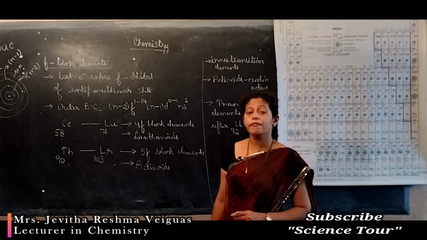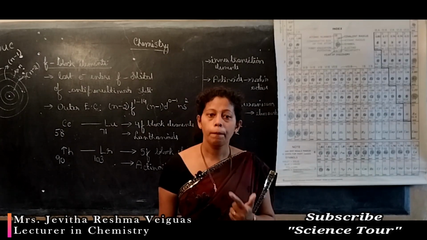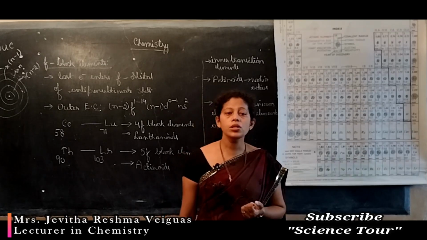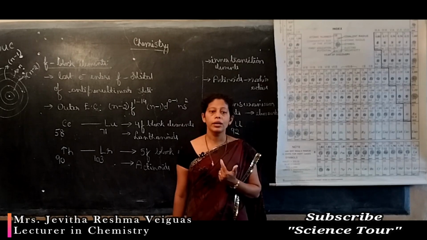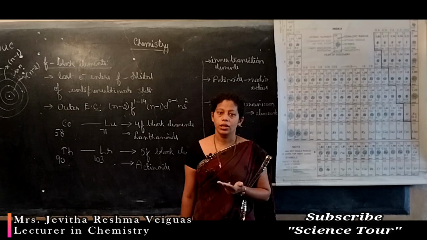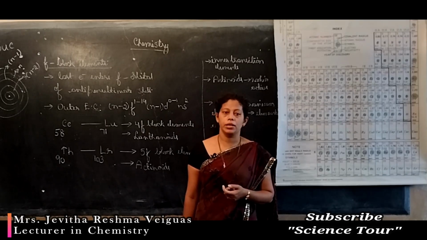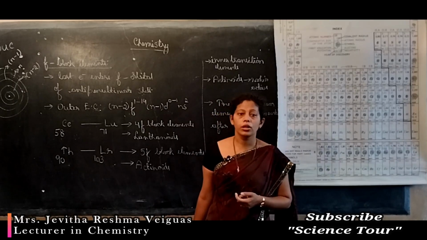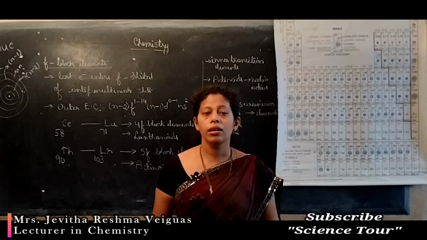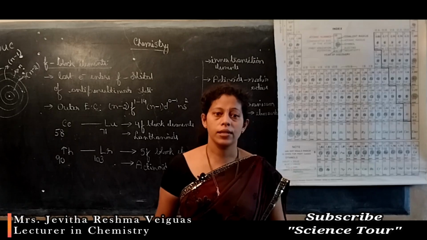So students, we have today studied about the classification of elements into S block, P block, D block and F block elements. In these 4 blocks, S block, D block and F block contain metals. In the P block, there are metals, non-metals and semi-metals. About non-metals, metals and semi-metals, let us know a few more things in the coming classes. So this is all about today's class, students.